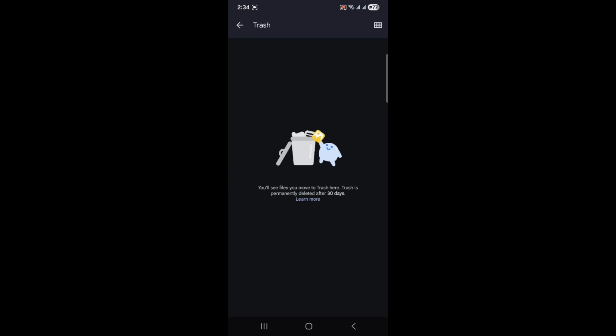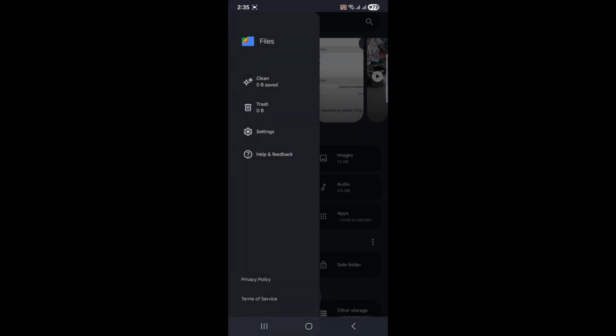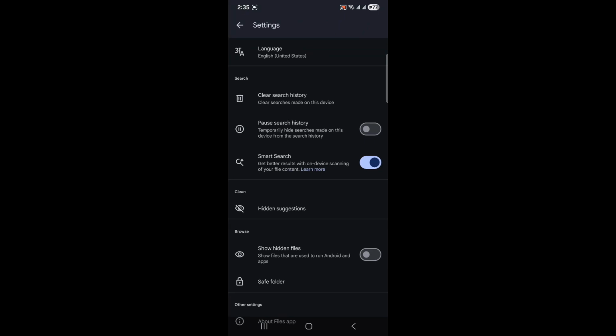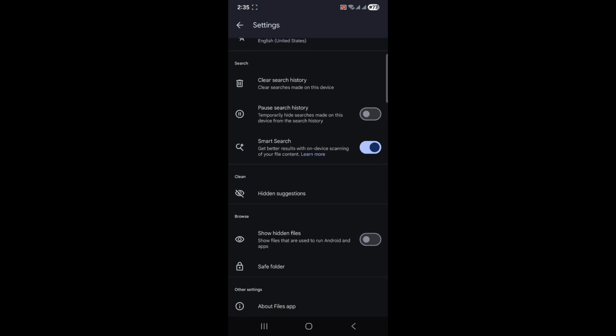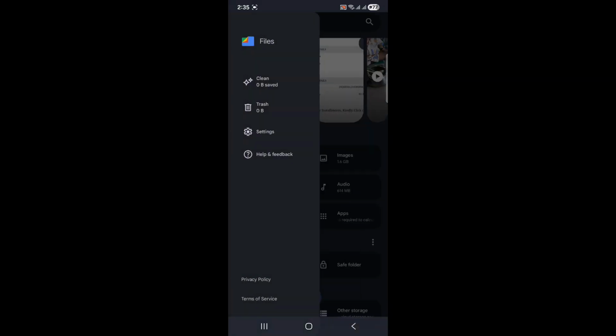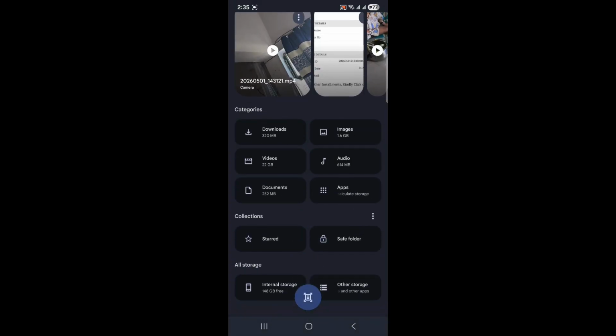Then go to the trash section. Now my trash is clear. In your case, you might have the trash. Go to the settings. And here, if you want to make any changes, show hidden files. Show files that are used to run Android and apps. So you can select show hidden files. And then come back here and you will find